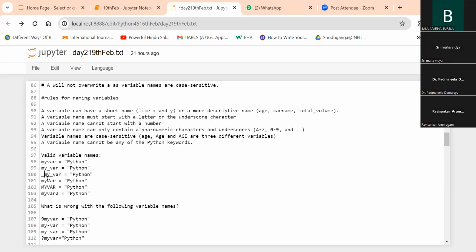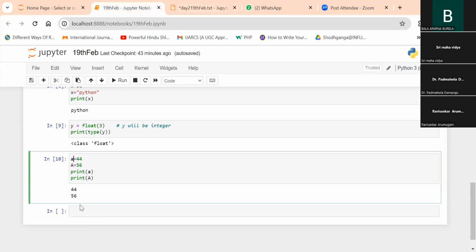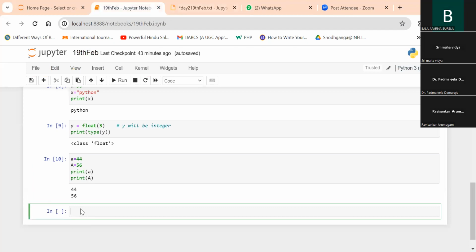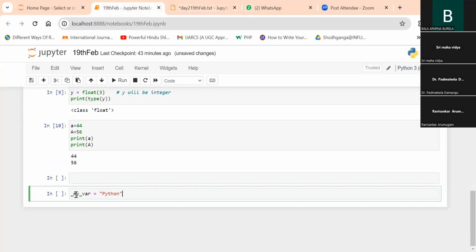Just a small question. Maybe we can start the variable with an underscore followed by a number, right? You cannot start it with a number, but if you put an underscore in front of that, that is also a valid variable. Like here I've taken my_var is equal to something, so I put underscore 1, that is also a valid variable, I believe. Underscore 1, you don't start it with 1. You cannot start it with a number, but then after